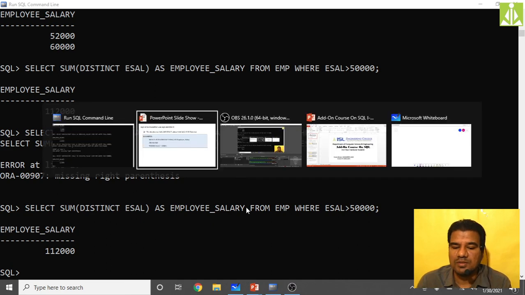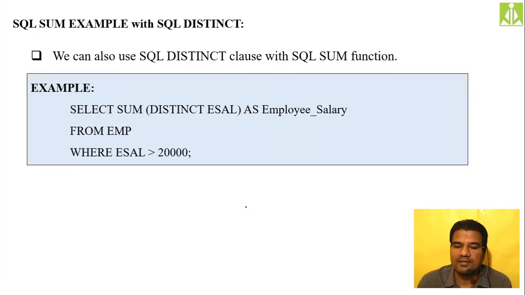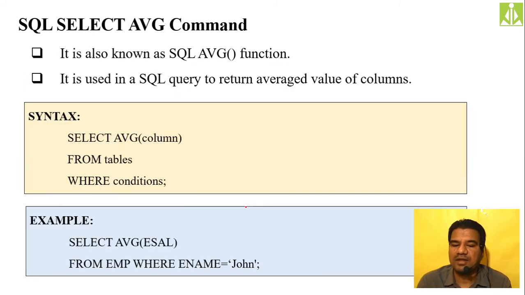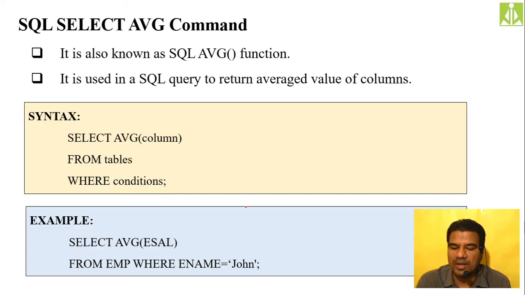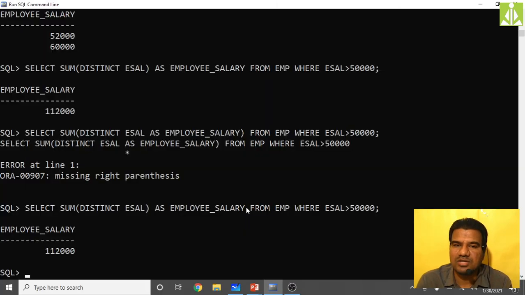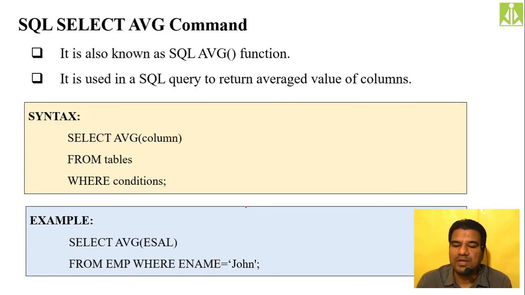So simply go and see what else we have. After this distinct sum and normal sum, we have the average. Calculating the average, same thing. From here on, only 1, 2, 3 queries, I guess. Select maximum, minimum, that's it. So these 3 queries I will type. So what it will do, the SQL select average command, also known as the SQL average function, is used to calculate the average of a given column.